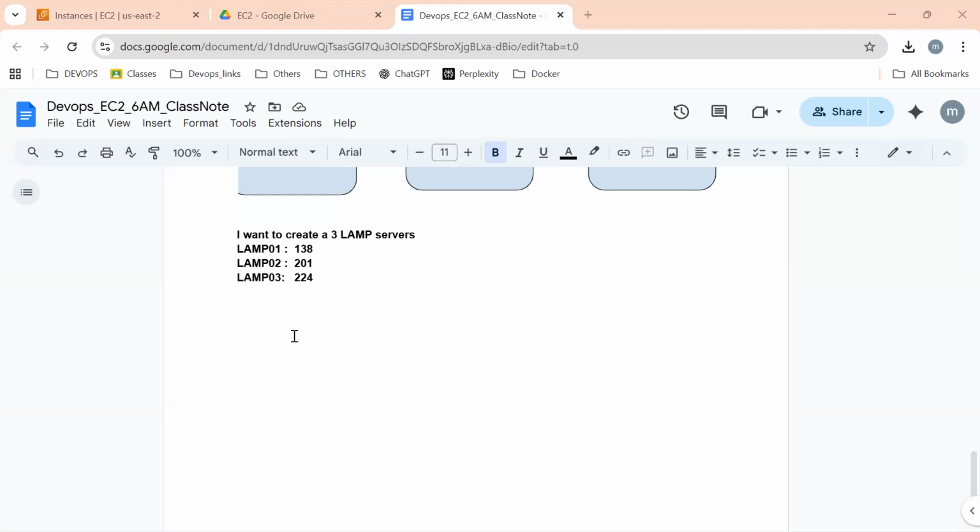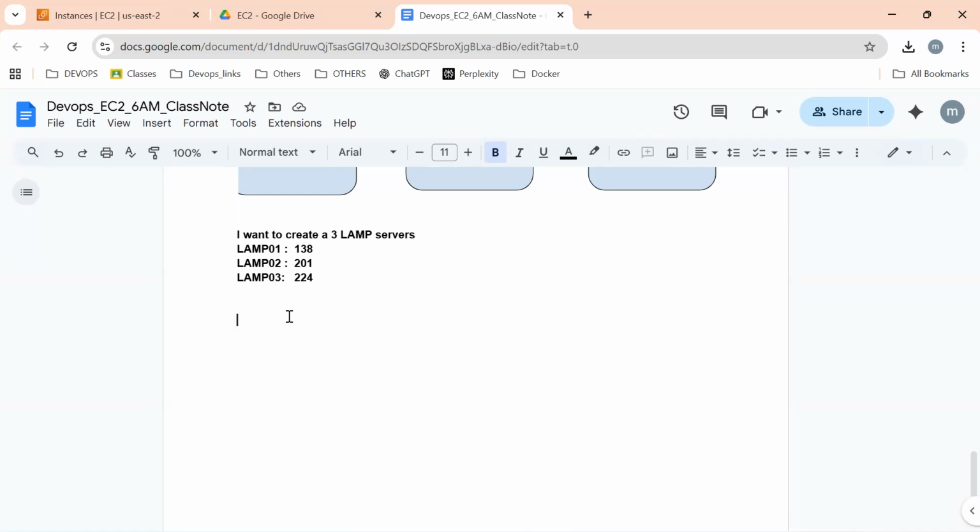Yeah, go ahead. So the next topic is what exactly a load balancer is. We have different types of load balancers: classical load balancers, application load balancers, network load balancers, and gateway load balancers. So we have four different load balancers. Today we are going to experience the basic load balancer. I will explain and show you the result. Tomorrow, again, we will have an in-depth discussion about load balancers.